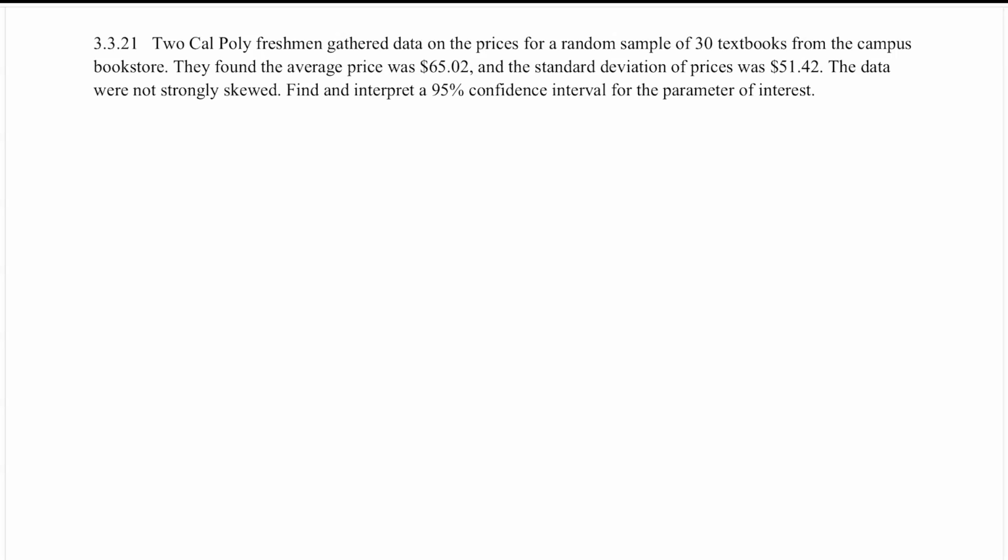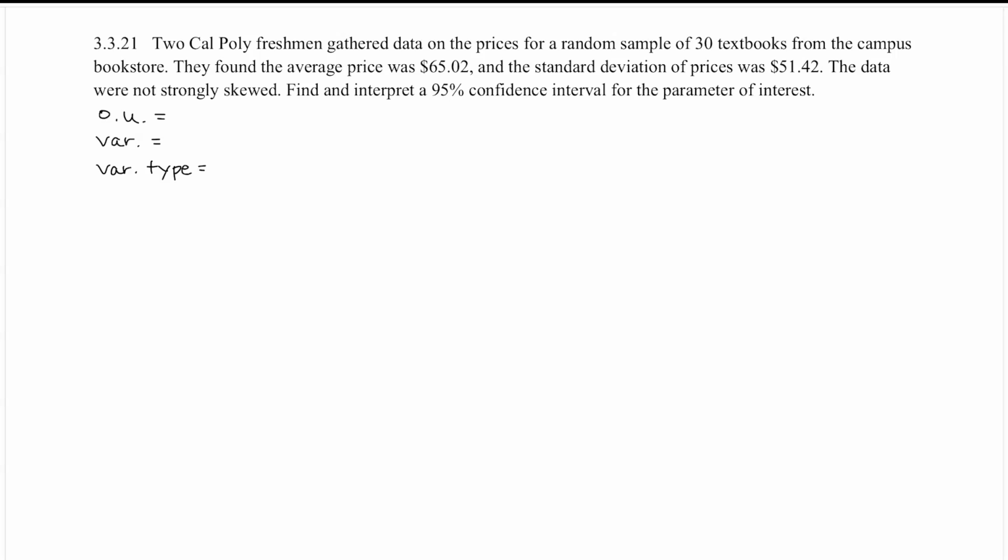Our last example is number 21 from section 3.3. Two freshmen at Cal Poly, the college out in California where some of your authors are from, gathered data on prices for a random sample of 30 textbooks from the campus bookstore. They found the average price was $65.02. Standard deviation of prices was $51.42. The data were not strongly skewed, so we're going to find and interpret a 95% confidence interval for the